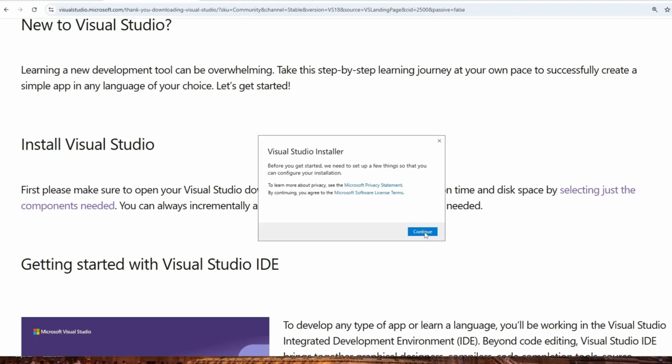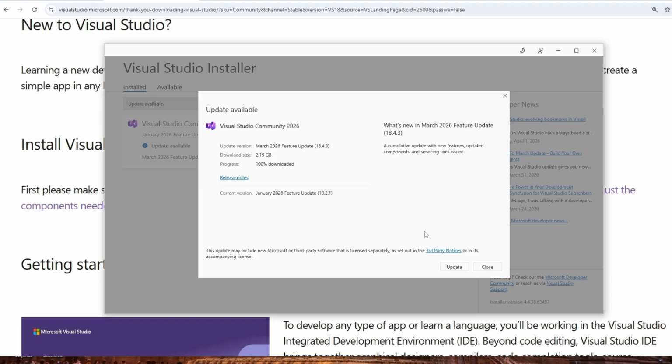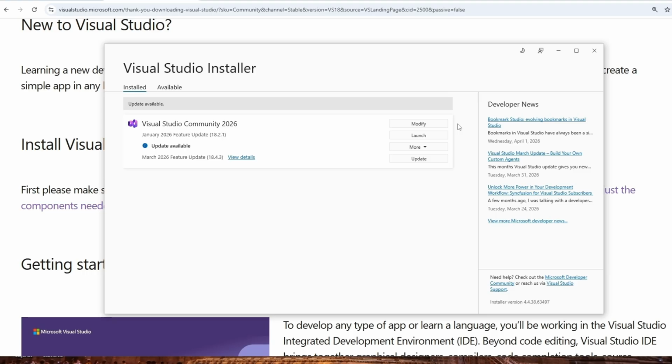Click on continue. So this will basically check if we have any previously installed Visual Studio installer available. So in my case, I'm already having. If you don't have, don't worry, it will automatically install on your system. So I don't want any of these updates. I will just click on close, and here we'll be having the option called modify. Select it,